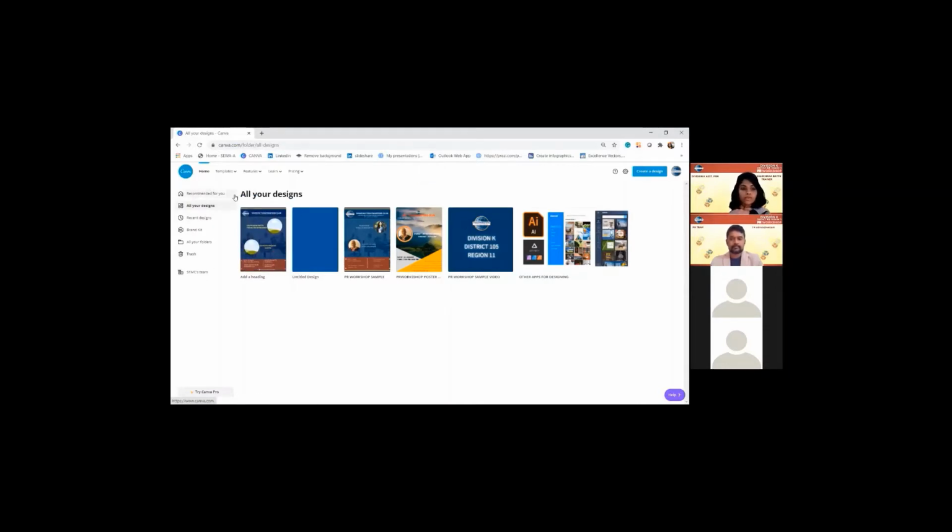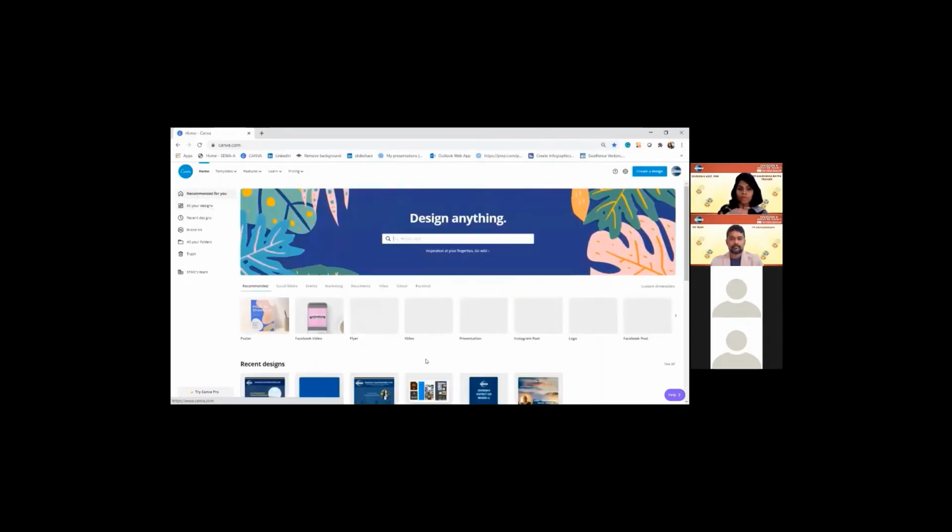Now going to the home one. So I will start making the poster using the A4 size. We also have other features like Instagram. When you're trying to make a poster and you want to post it on Instagram, I would advise use the Instagram post size or the Facebook post size, which is 1080 into 1080 pixels. But now we're going to make one in the poster size.